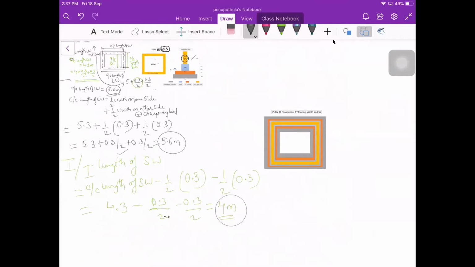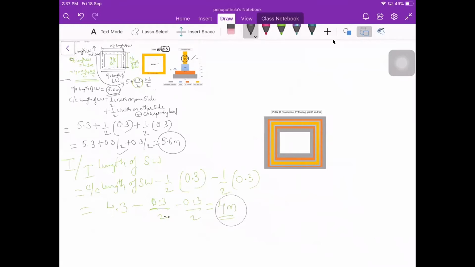Quantity, sir. Quantity. How we need to find out the quantity? From this, what we are going to obtain? Multiplying this length with the corresponding fraction. Yeah. Now what we have done is we have taken the center to center line length, and also determined the out-to-out length of the long wall and the in-to-in length of the short wall. Based on that we are going to calculate the quantities of each item of work.